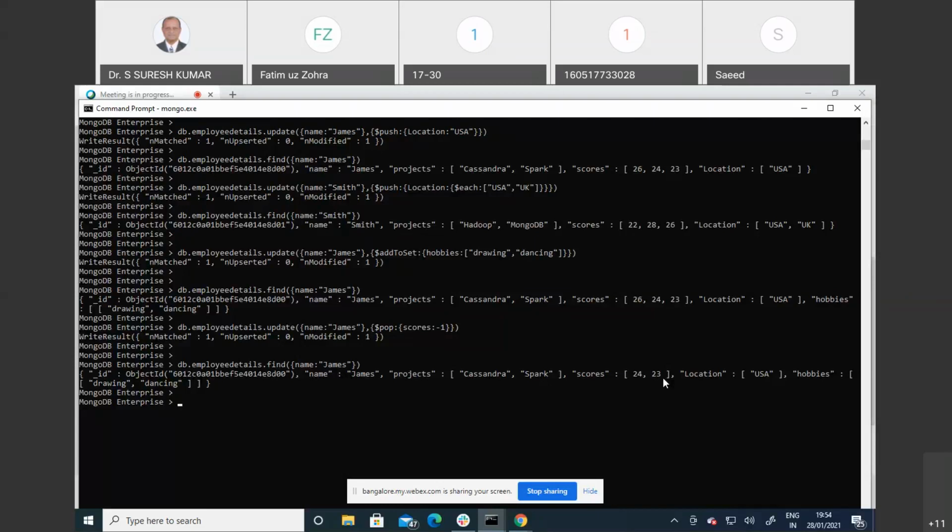Done. Okay. Now, since we have seen how to knock off the first element in the score, we will see how do we remove the last element in the score array. Maybe there are 100, 200 scores. You have seen how to remove the first element. Now we will see how do we remove the last element in the score array, for which you need to write db.employeedetails.update, my curly brackets, my name,